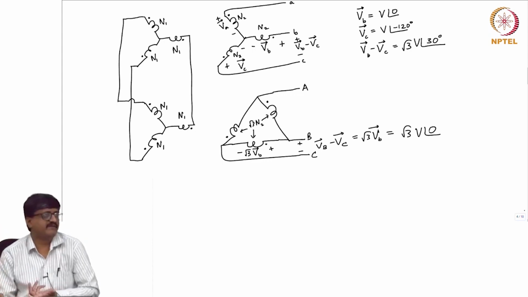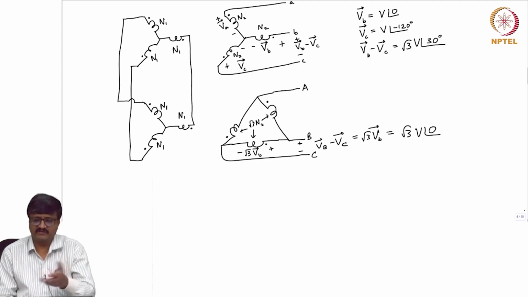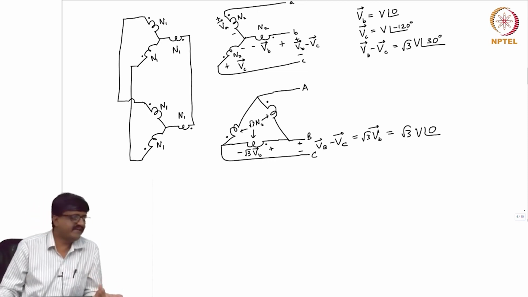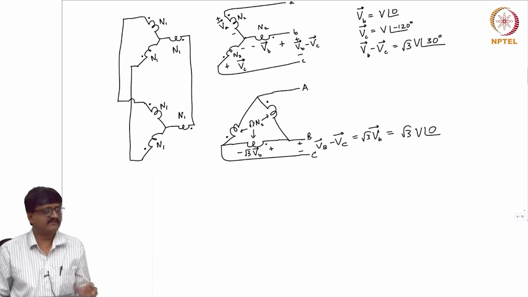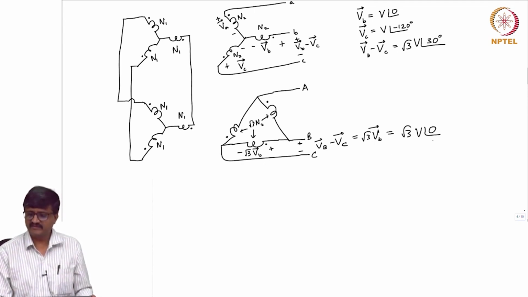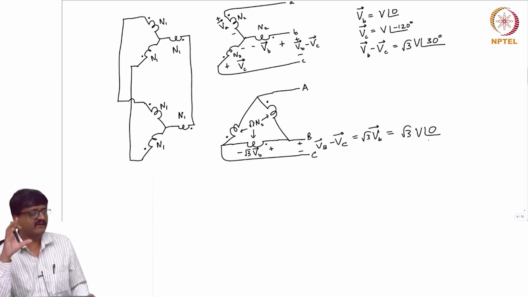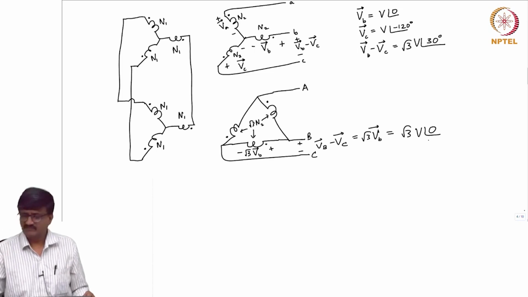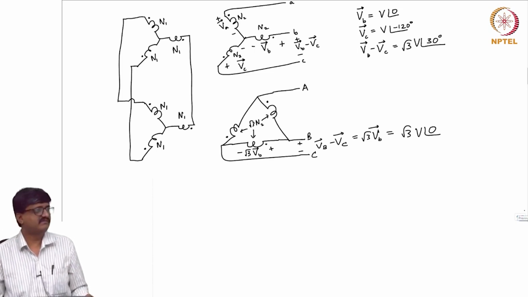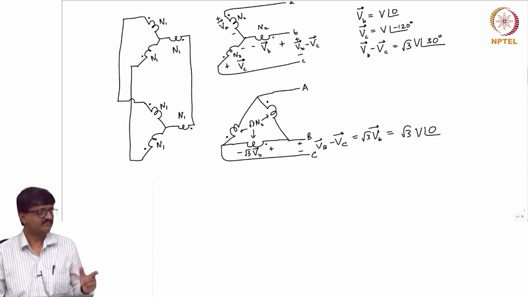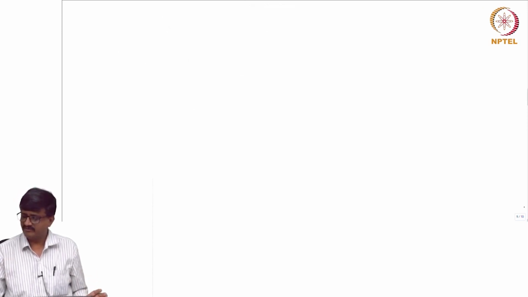I just took between two terminals B and C. You can take between A and B, or C and A also, and it gives the same thing. So, we saw that VB minus VC is root 3 V at an angle 30, while in the delta case it is root 3 V at an angle 0. So, the voltages of the delta winding are lagging the voltages of the Y winding. Now, shall I go to the other page? Clear? So, if I go back to this circuit,